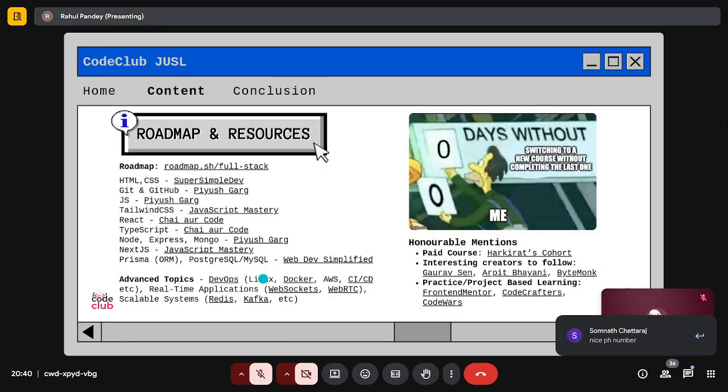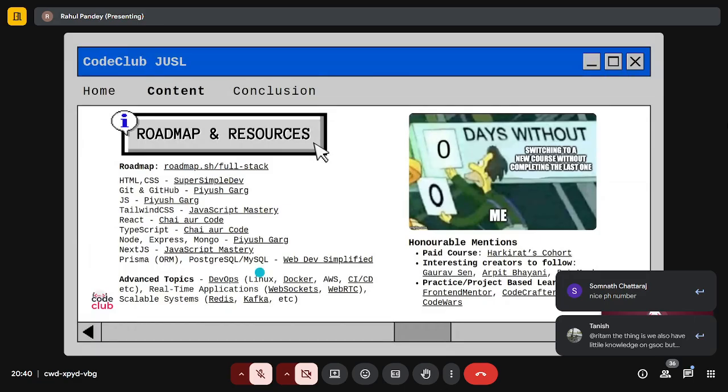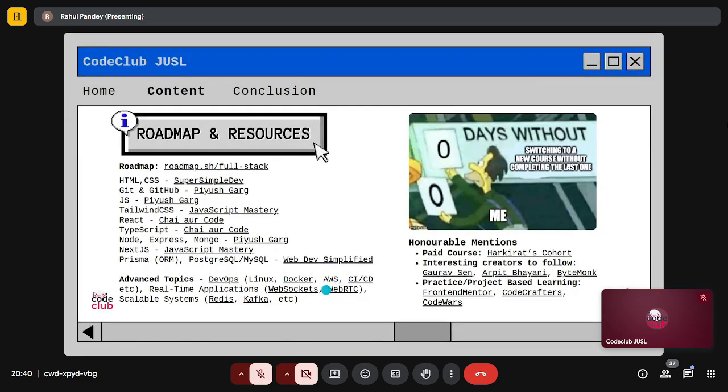You can of course use platforms like Vercel and Netlify. Those are much easier. But if you'd like to get your hands dirty, you could try out cloud providers like AWS. They provide you Linux virtual machines. You could use Docker to deploy your applications. There's again links here. Some of these are courses. Some of these are just videos that talk about what these are.